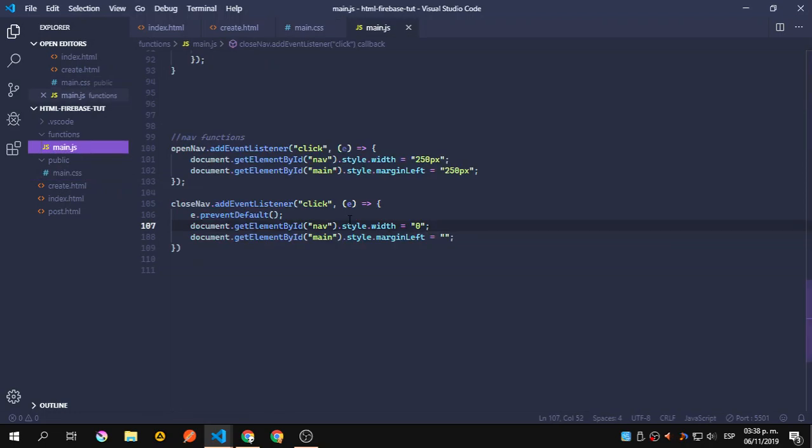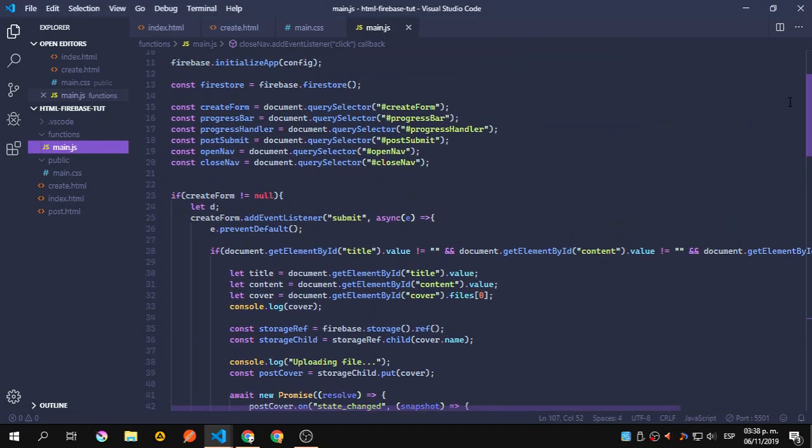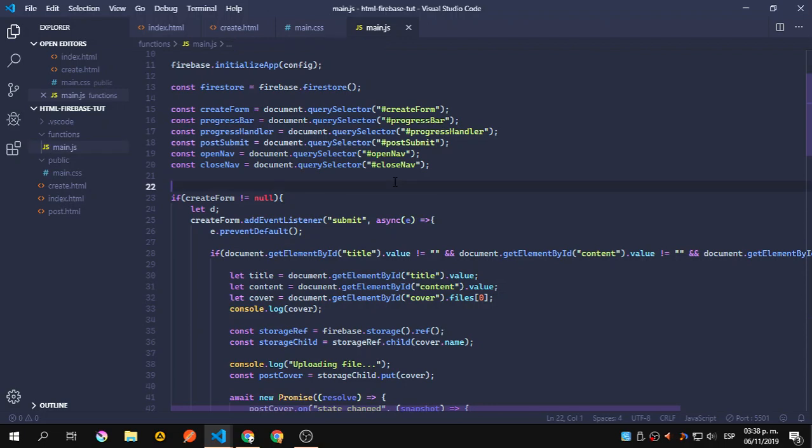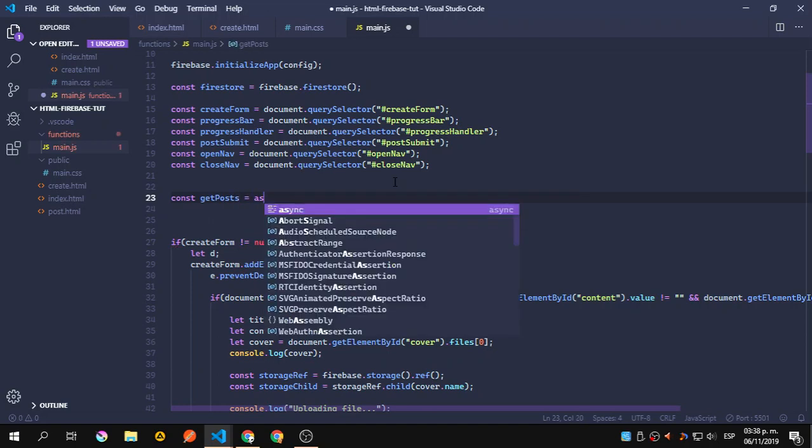So let's go to main.js, and we need to do something in order to retrieve the information that we have inside the database, that right now is only a single post, but we want to return that. So let's come back here and we're going to say the next. This constant is going to be a constant with a function. So let's say getPosts is going to be equal to async